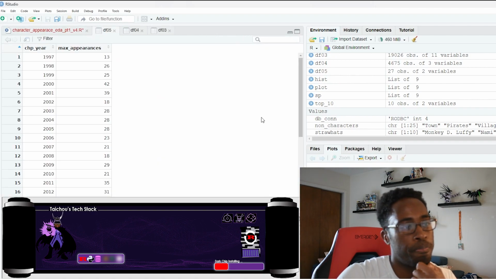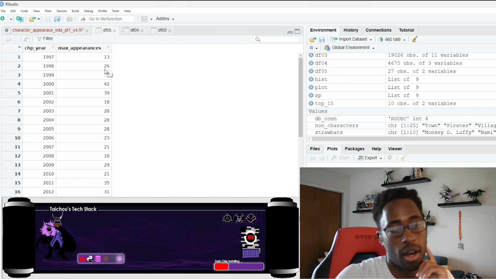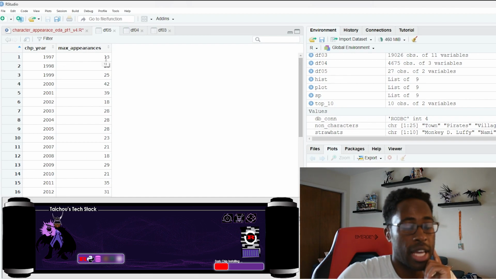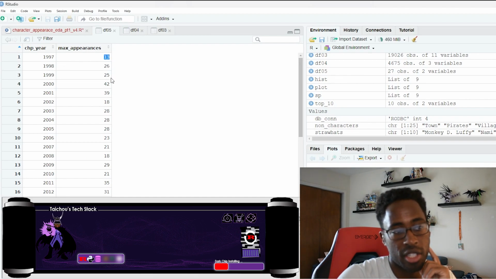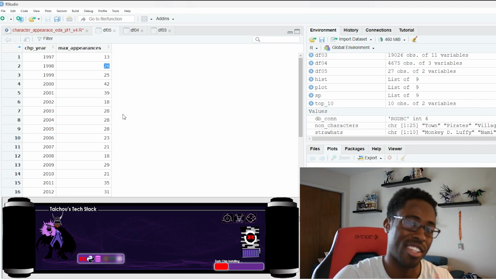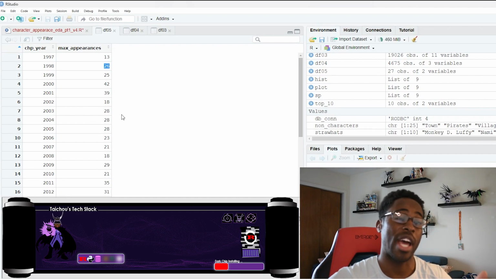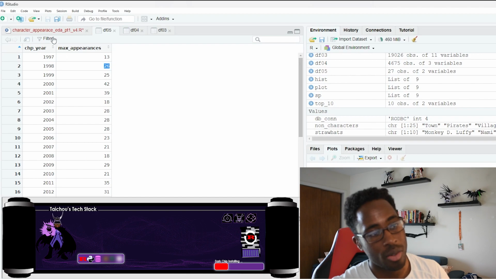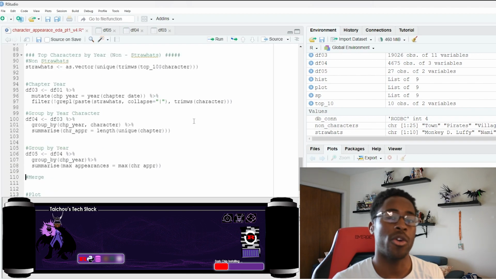Nice. So we have the chapter year and the max appearances, which is great. We could see, you know, in 1997, a character appeared 13 times. In 1998, a character appeared 26 times. This is cool from a numerical perspective, but in the context of the story, it doesn't really help us understand what happens. So what we need to do now is go back and merge that table